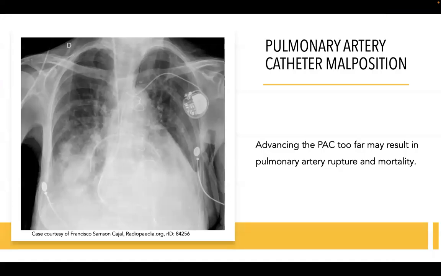This is another example of pulmonary artery catheter malposition. In this case, advancing the pulmonary artery catheter too far resulted in pulmonary artery rupture and mortality. This chest x-ray is from a case study of an 80-year-old female with a history of congestive heart failure, hypertension,